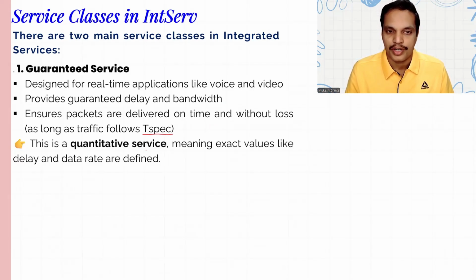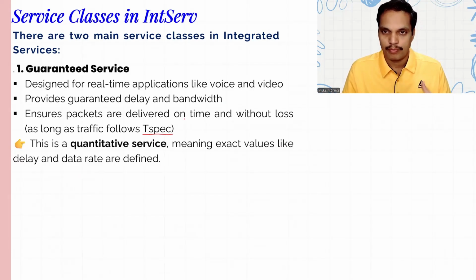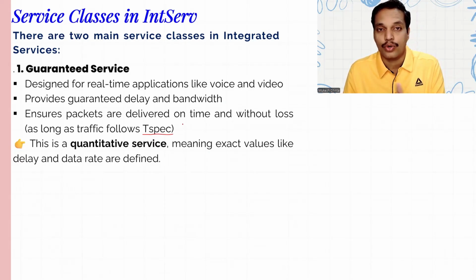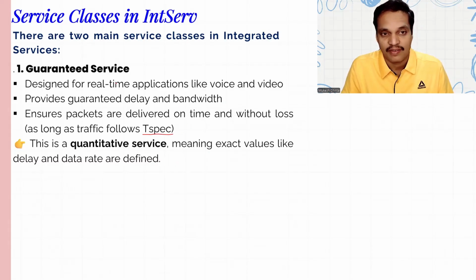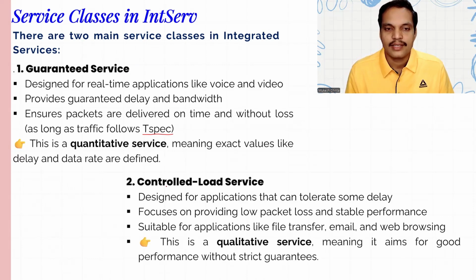So this is a quantitative service, meaning exact values like delay and data rate are defined because we know beforehand itself what the resources are and what kind of traffic that the source is going to generate. Once I know that, I can do this. This service class is called a guaranteed service, whereas the second one is called a